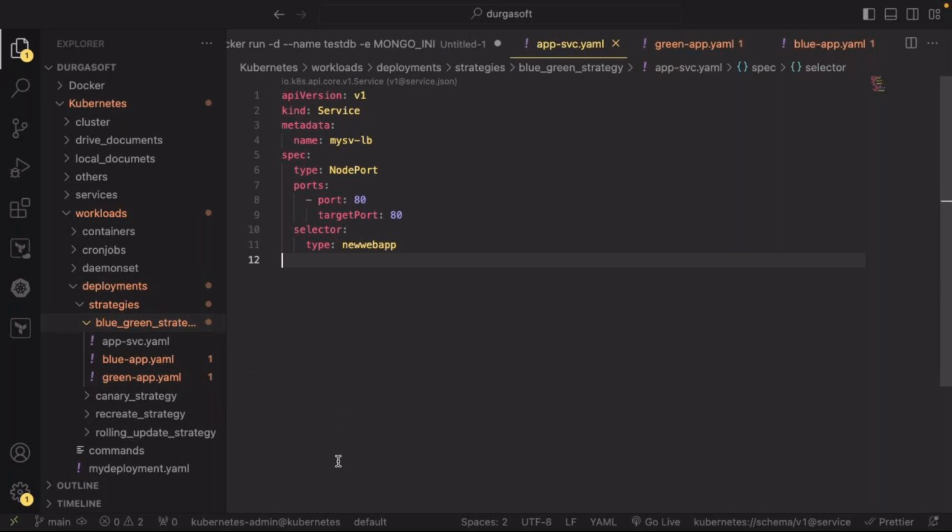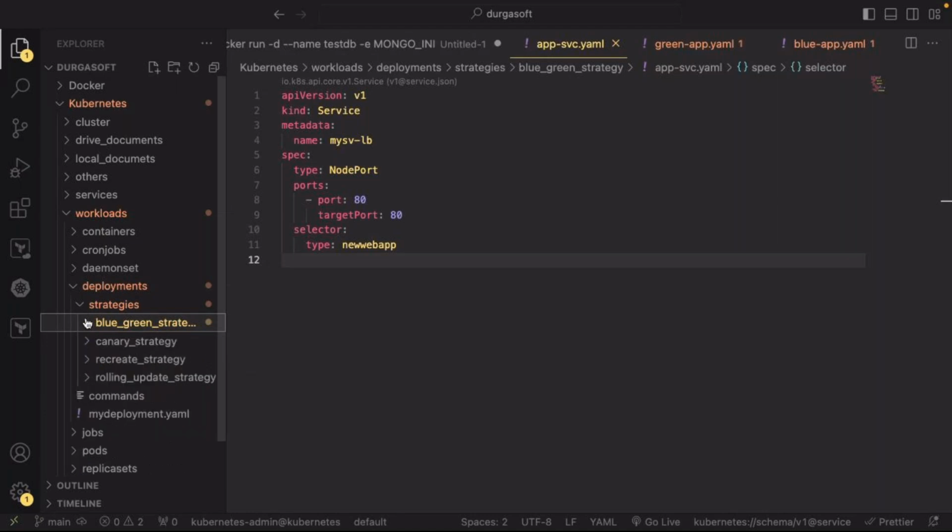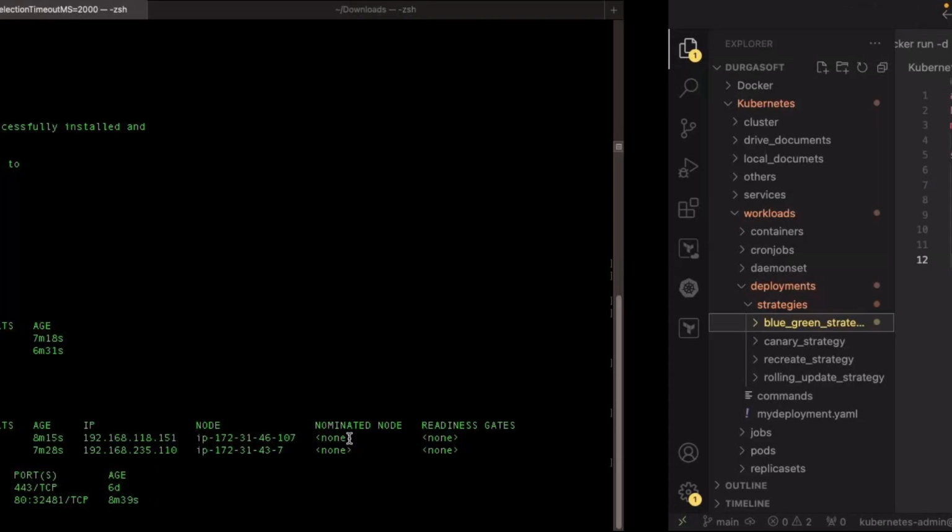In this time, there is a downtime, sir. Suppose while changing the service type, selector type, there may be downtime for the application, for the pod. Yes, there will be some downtime. If you speak about downtime, what I can say,